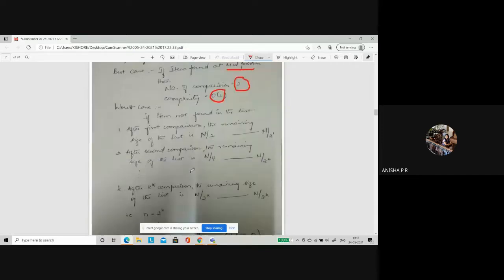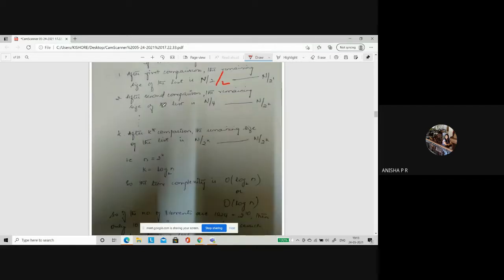Understanding it or not? You again take half of it. It is nothing but n by 2 by 2, that is n by 4. That means you can write it as n by 2 power 2. Right? Like that, if your array is quite big and you keep dividing, it becomes n by 2 power k. Till here it is clear. This n by 2 power k, if I represent n by 2 power k equal to 1,